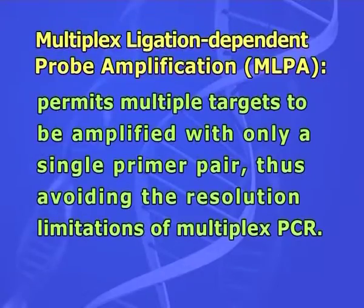Inverse PCR. This is commonly used to identify the flanking sequences around genomic inserts. It involves a series of DNA digestions and self-ligation, resulting in known sequences at either end of the unknown sequence. Multiplex ligation-dependent probe amplification. This permits multiple targets to be amplified with only a single primer pair, thus avoiding the resolution limitations of multiplex